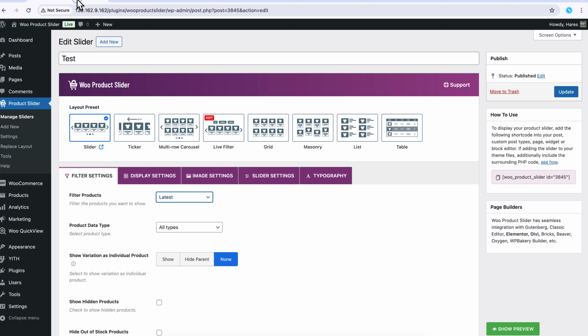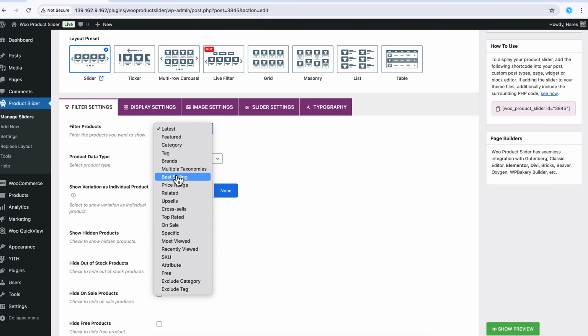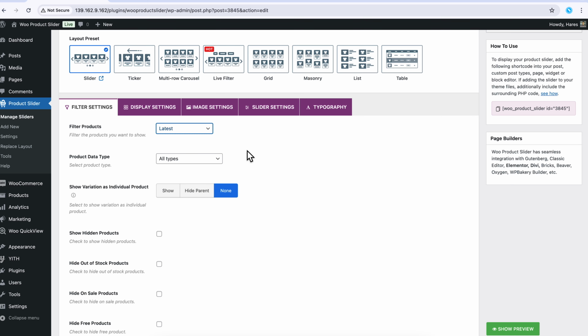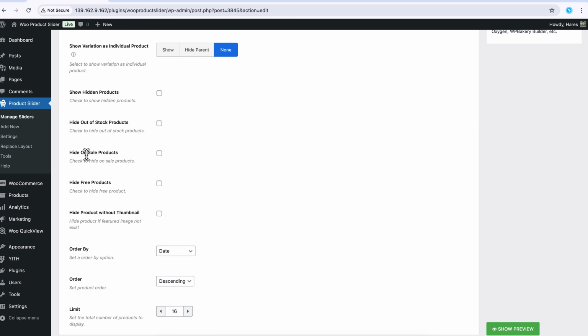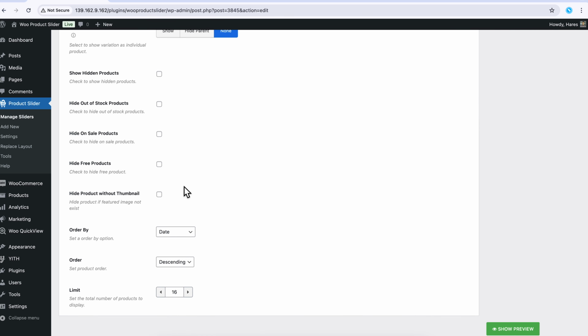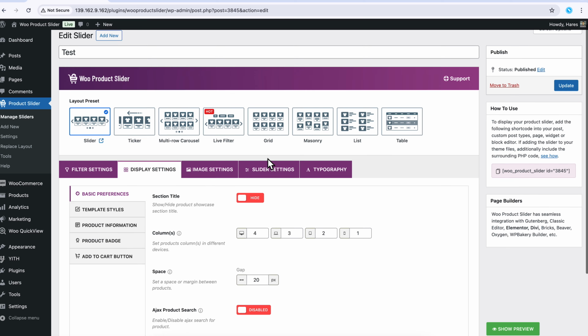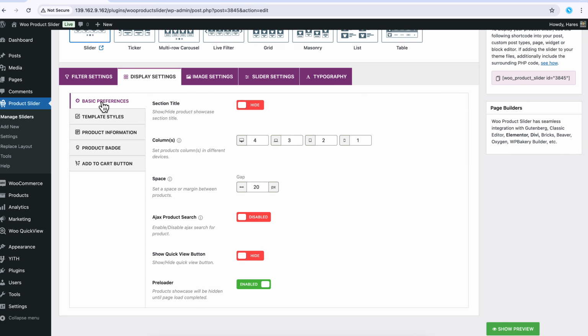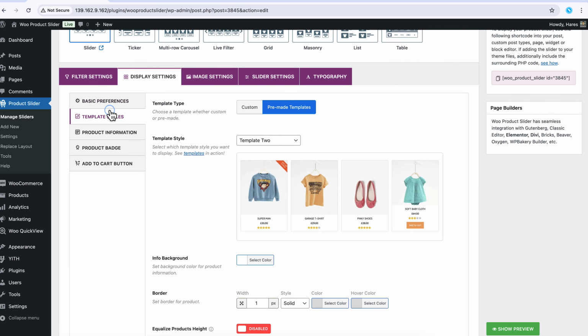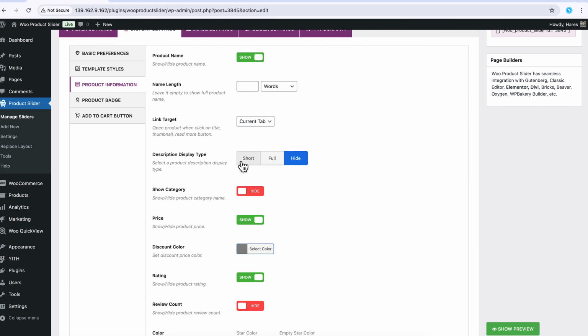Go back to the plugin settings and here you'll get 8 different layout options to choose from, and below that you will get 5 configuration tabs. Initially you will be in the filter settings. Here you will get 21 plus filtering options for your products, show or hide out of stock products, on sale products and more. Next, on the display settings configuration tab, you will find basic preferences options, template styles, product information